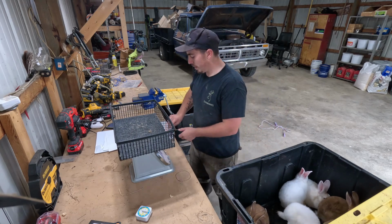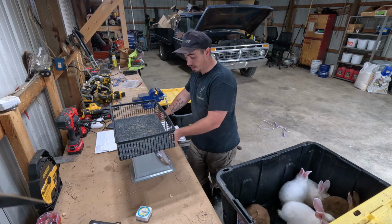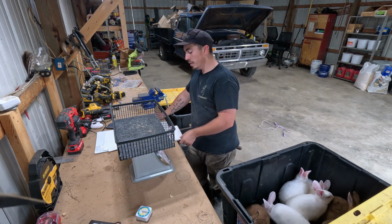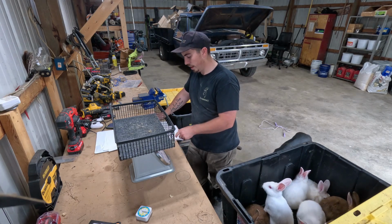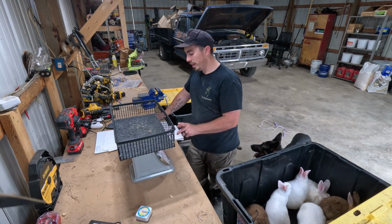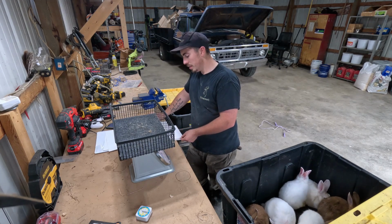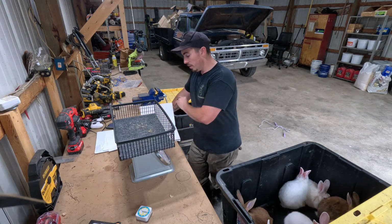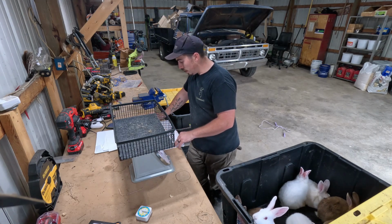Not bad. I guess if we compare it to Spot's litter, the last litter of Spot's, of course, this was also at 5.5 weeks. I've been weaning her early. You can wean at 4, I believe, or rebreed at 4 weeks, wean at 6. I took them a few days early. That's what it was. But they're all down in the 1 pounds. And every single one of these were in the 2 pounds. But they also have a couple weeks on them. So that's a big deal there. We can look at